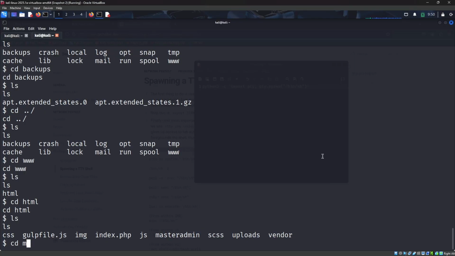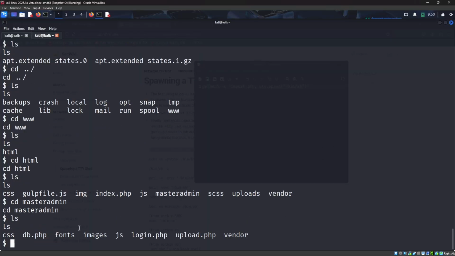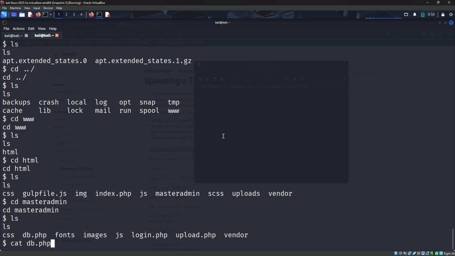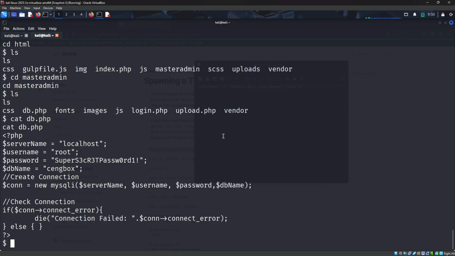So we have the master admin. I'm just moving to the master admin. In the master admin, I was able to find login.php, upload.php, vendor, db.php. db stands for the database. So basically, we can just cat the db.php, which is the database which we were not able to access in